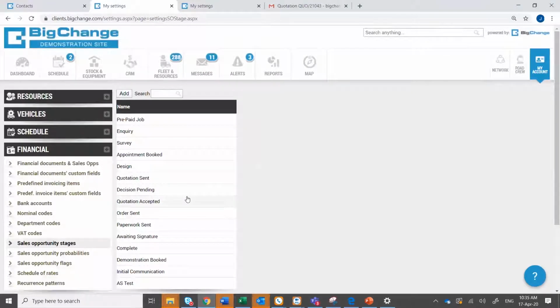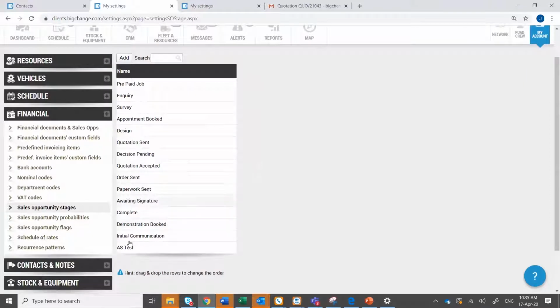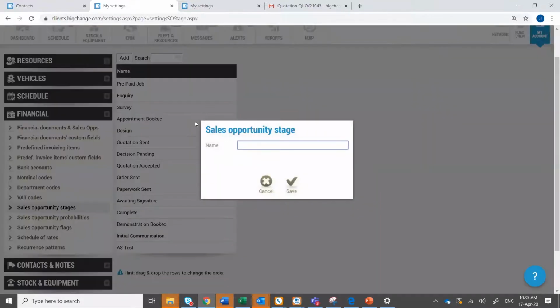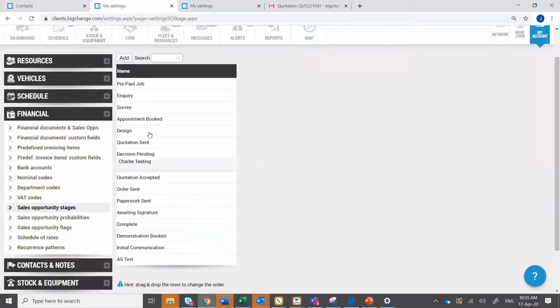Because for your sales opportunities, your business will have your own terminology. We can suggest what that might be, but in your own business, you'll have your own terminology. And you can see here all of the stages that we use to demonstrate. It's quite simple to add. We can say, let's pick a stage, Charlie, just testing, just for demonstration purposes. Okay, and we're going to pull that one near to the top of the